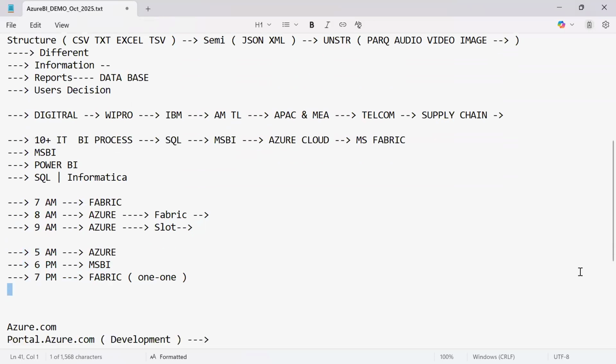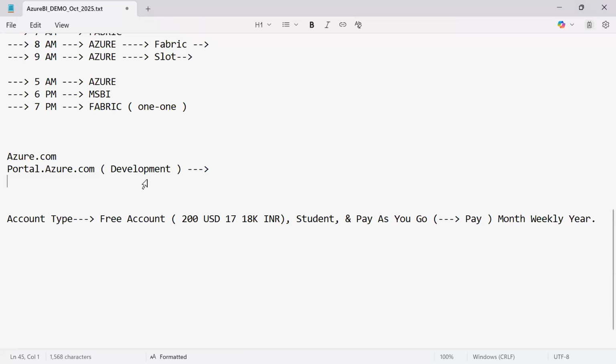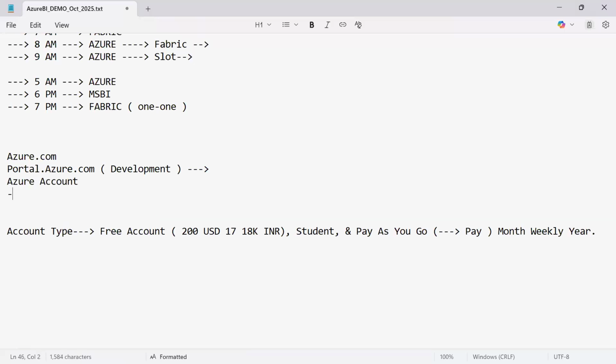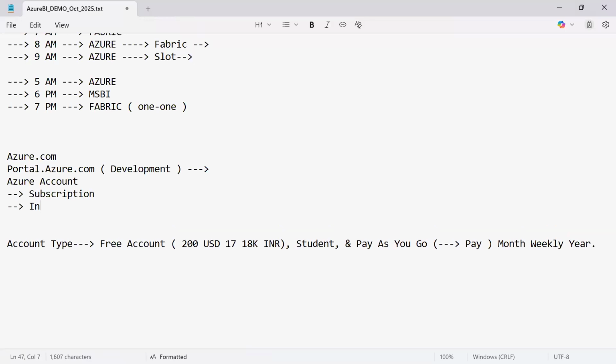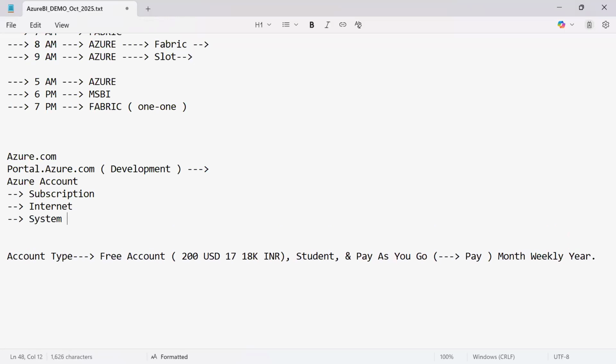Before starting with the Azure concept, you just require a few things. You don't need to install any manual tools, guys, in your local system. Later, if you want SSMS or SQL Server, you can install it, not a problem, for practicing purposes. Initially, to start with Azure, we require only one account, that is an Azure account, which is nothing but a subscription. Another is the internet, and your system. With this system, we can have internet and one subscription.